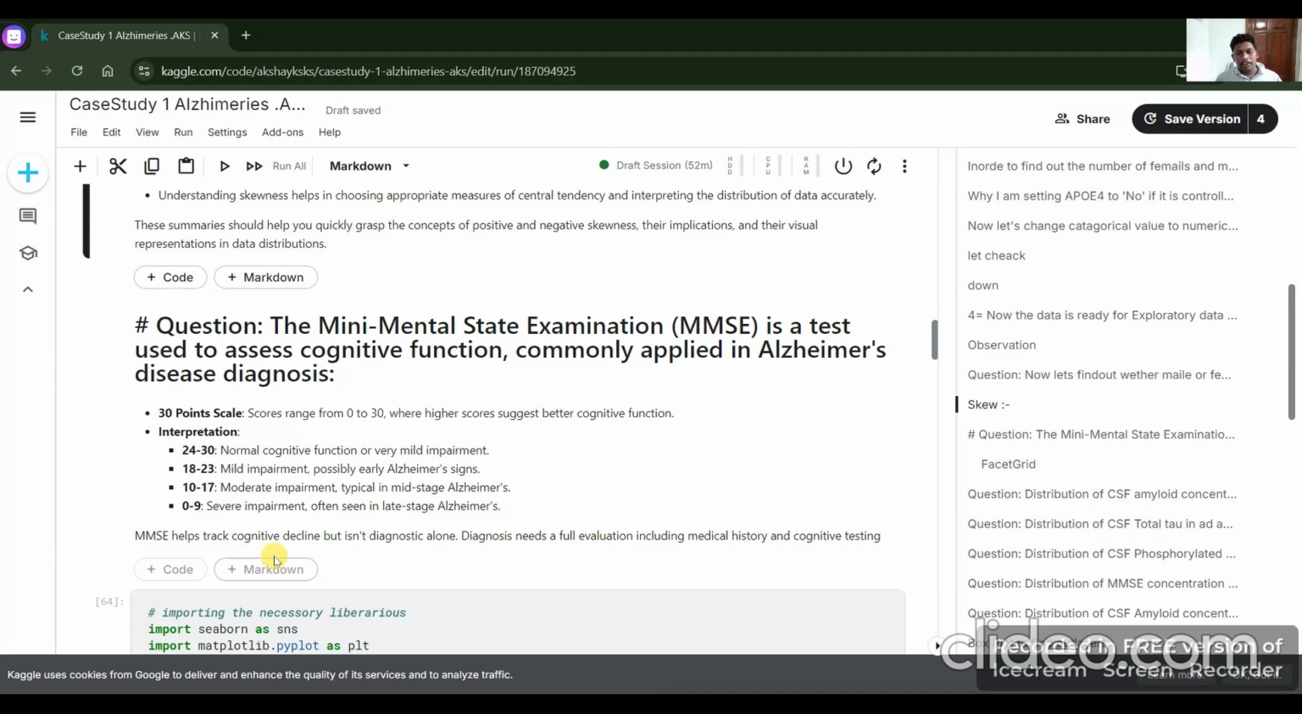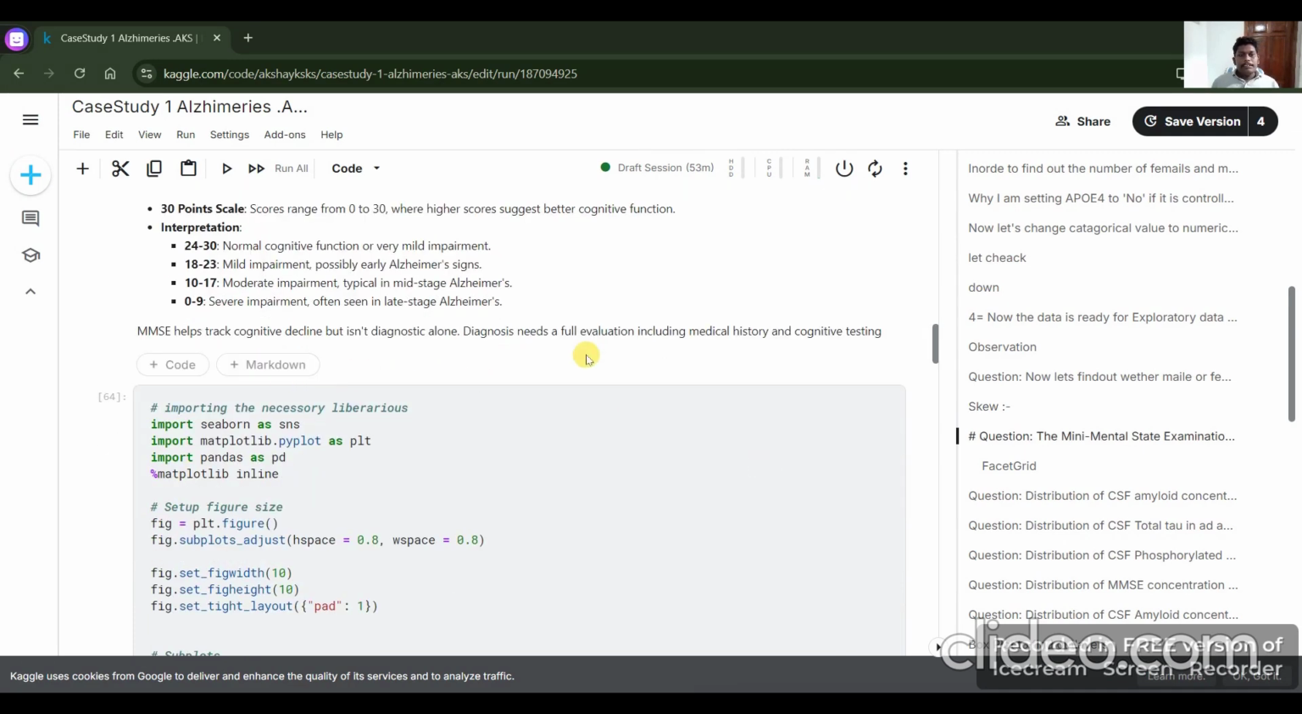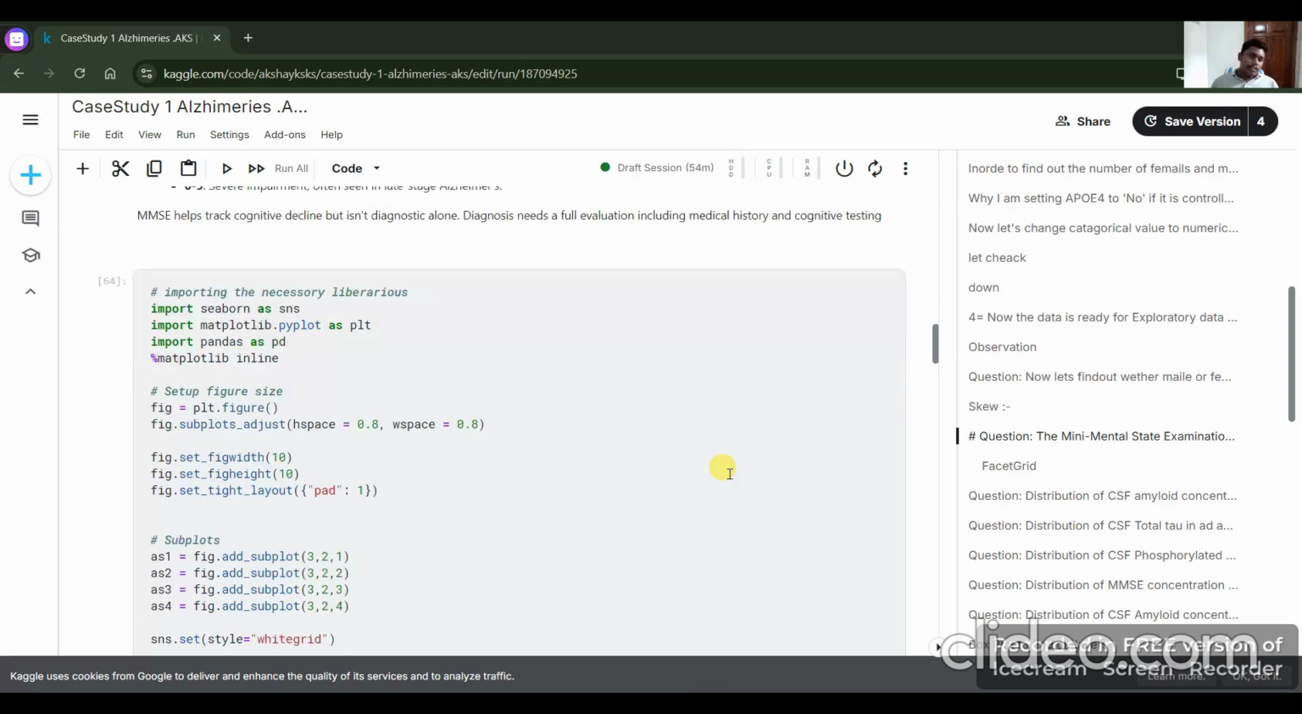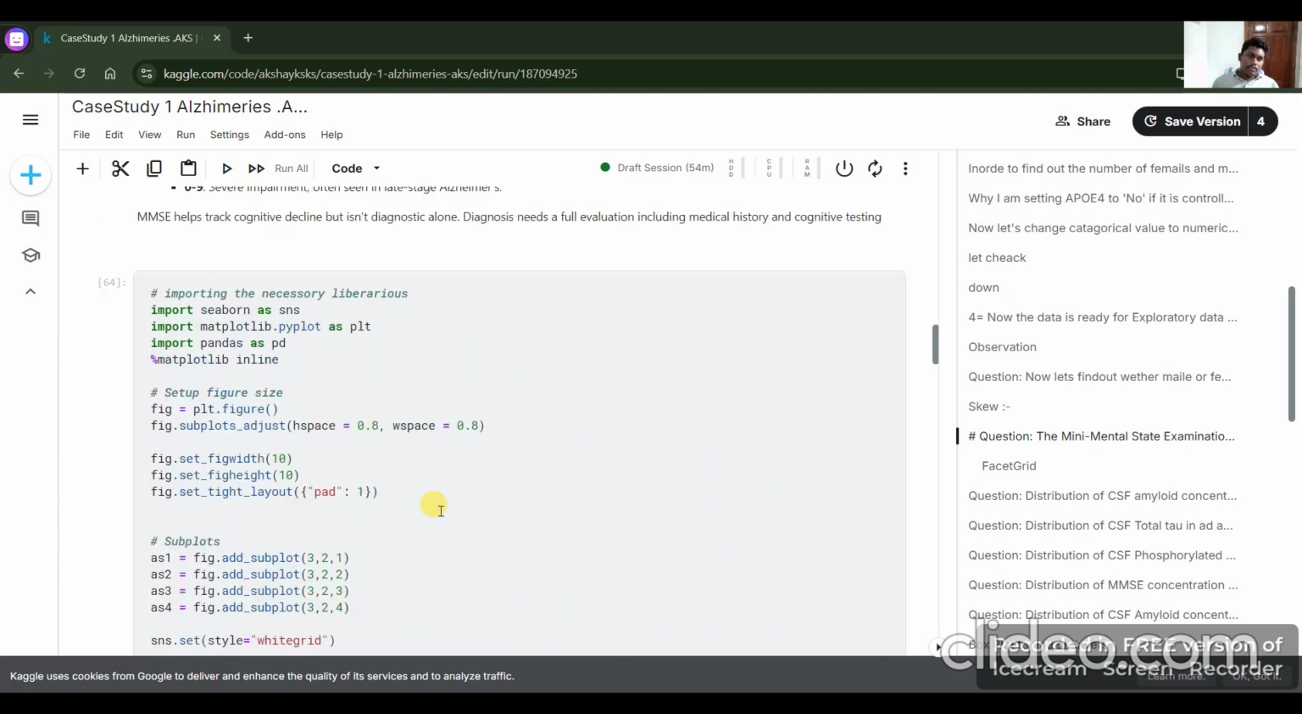MMSE helps track cognitive decline but isn't diagnostic alone. Diagnosis needs a full evaluation, including medical history and cognitive testing. Then after this, we have the